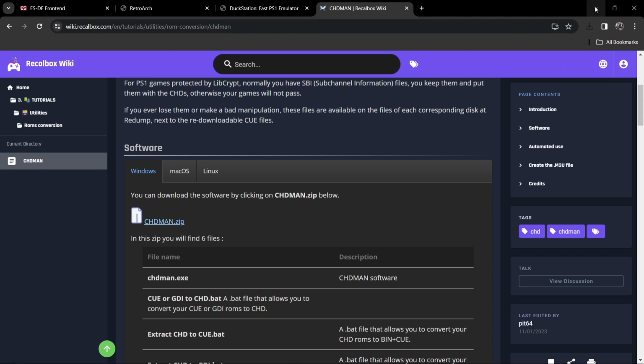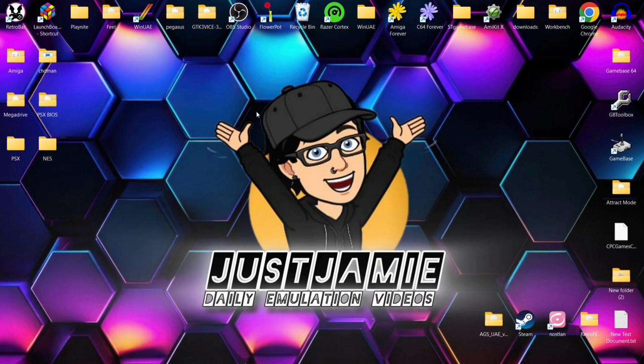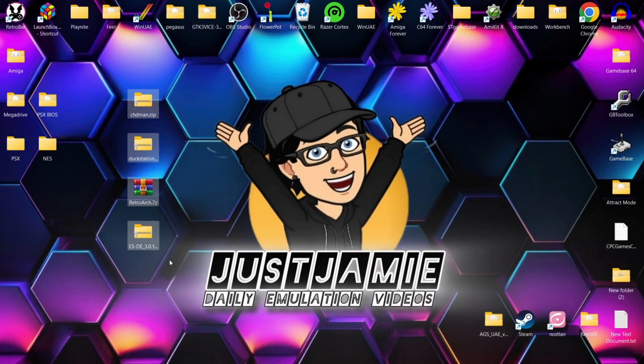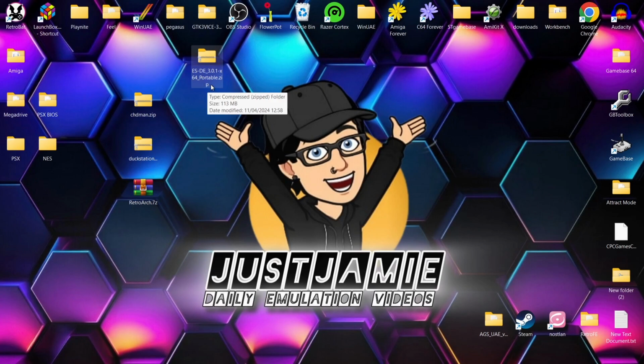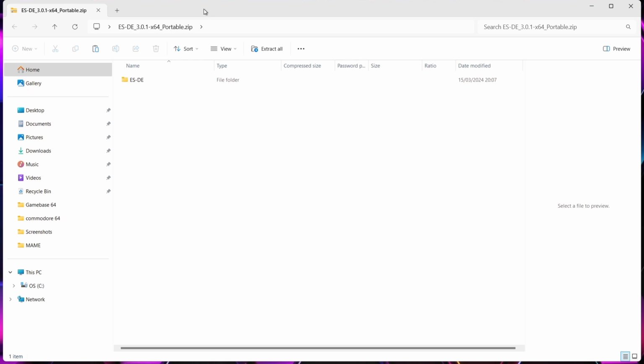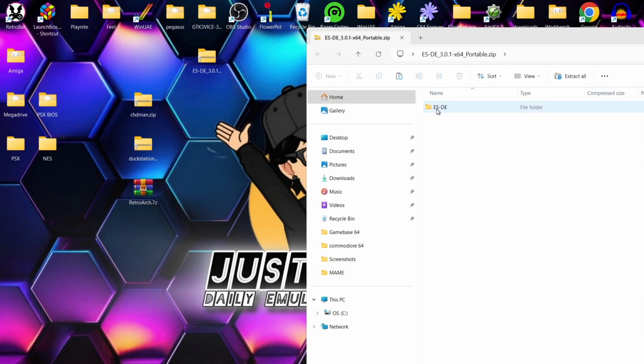What we're going to do next is minimize this, and take a look at these downloads. Okay, so on my desktop just here, I've got all 4 downloads I've just downloaded for this setup guide. First thing I'm going to open is ESDE, EmulationStation Desktop Edition. If I open up this zip folder, inside of here I've got my portable version of the front-end system. If I just drag and drop this onto my desktop,